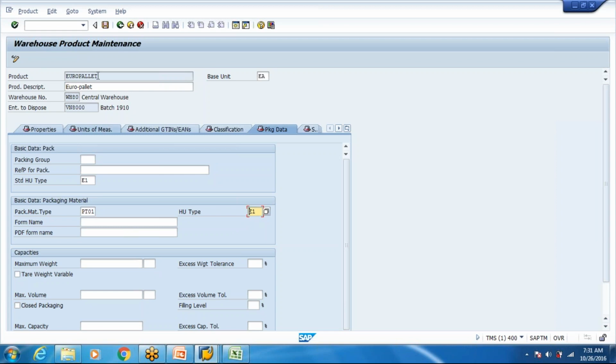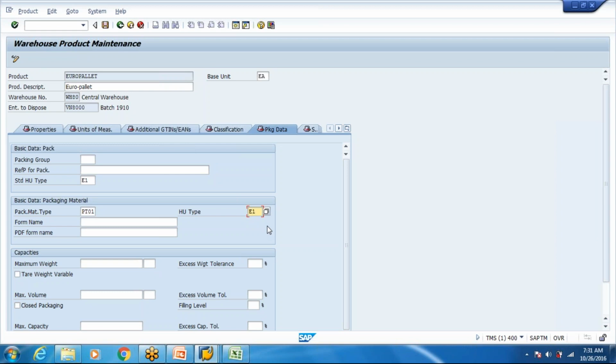Okay, so this pallet, we know this is a Euro pallet. We have said that a Euro pallet should only be used for packing of height more than 5 meters. We have controlled that using our config, but where this Euro pallet is allowed to move in the warehouse and where it is not allowed to move, which forklift or which trolley or which equipment will be used to handle this Euro pallet, all will be mapped using this HU type. So for movements, you are going to consider HU type.